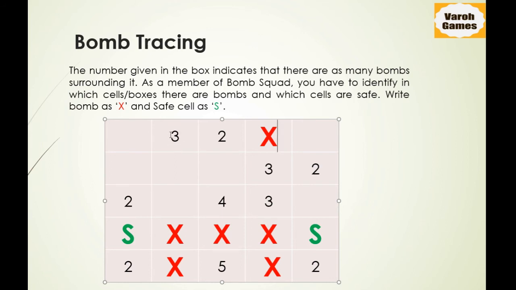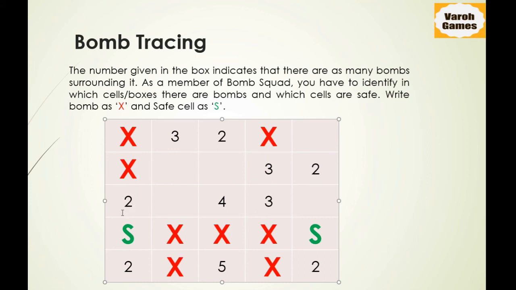Similarly, for 3, if you see, these 4 boxes need to have 3 bombs. Out of these 4 cells, where would the 3 bombs be? 3 bombs cannot be side by side over here, because if it is side by side over here, again for 4, it would make 5 bombs. So out of these 2 cells, only one will have a bomb. It means one cell is safe and one has a bomb. So these two will automatically have a bomb. So we can write X over here.